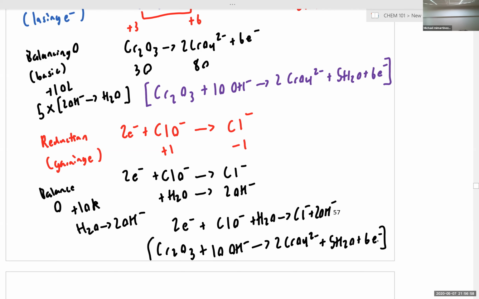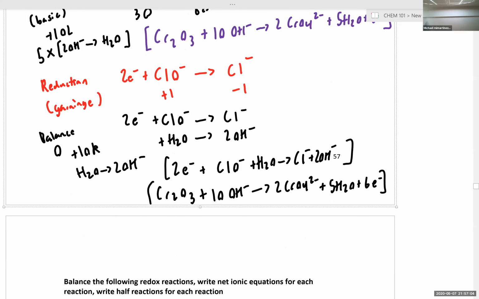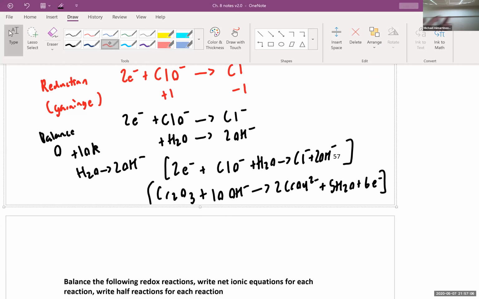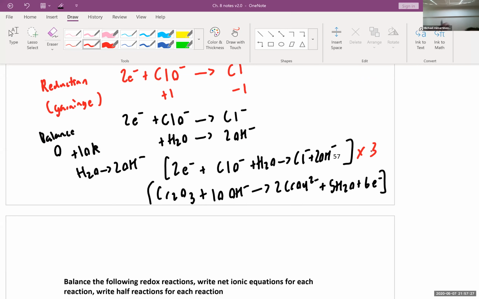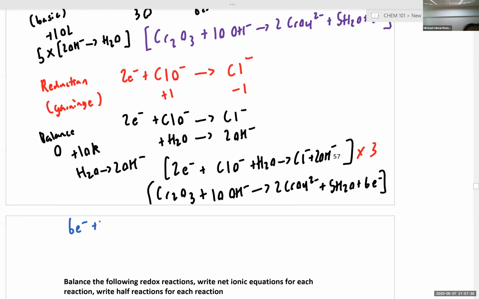Okay, and what's the least common multiple between 2 electrons and 6 electrons? What's the smallest? What times 2 would give us 6? 3. Okay, so if we add our equations together, we have 6 electrons plus 3 hypochlorite plus 3 water